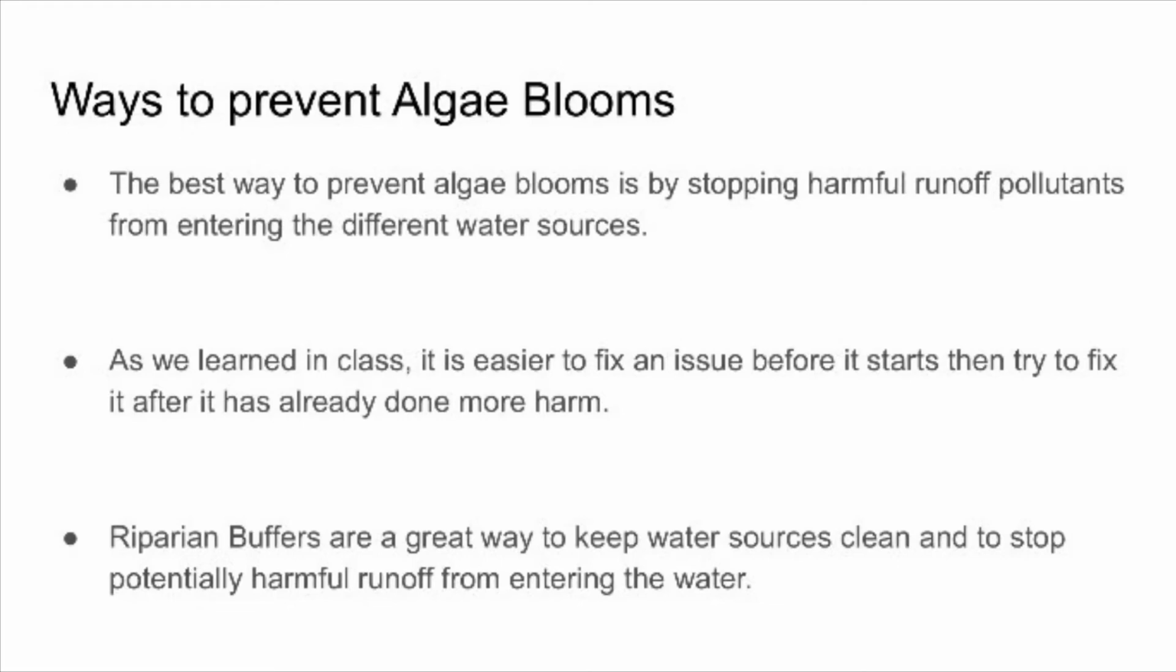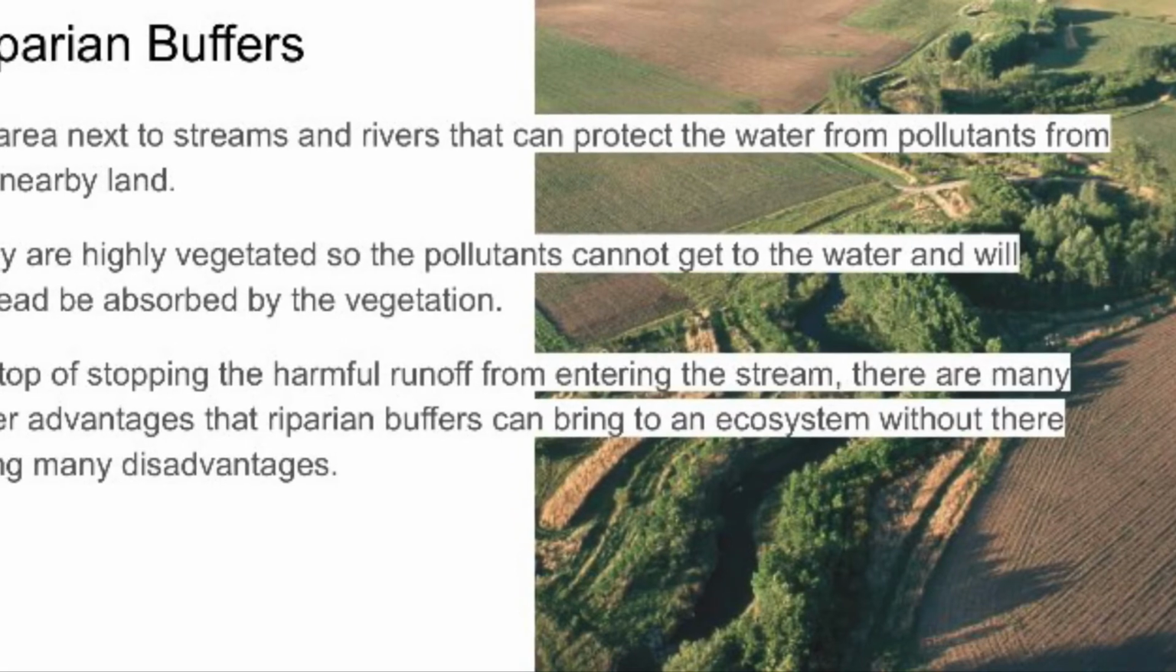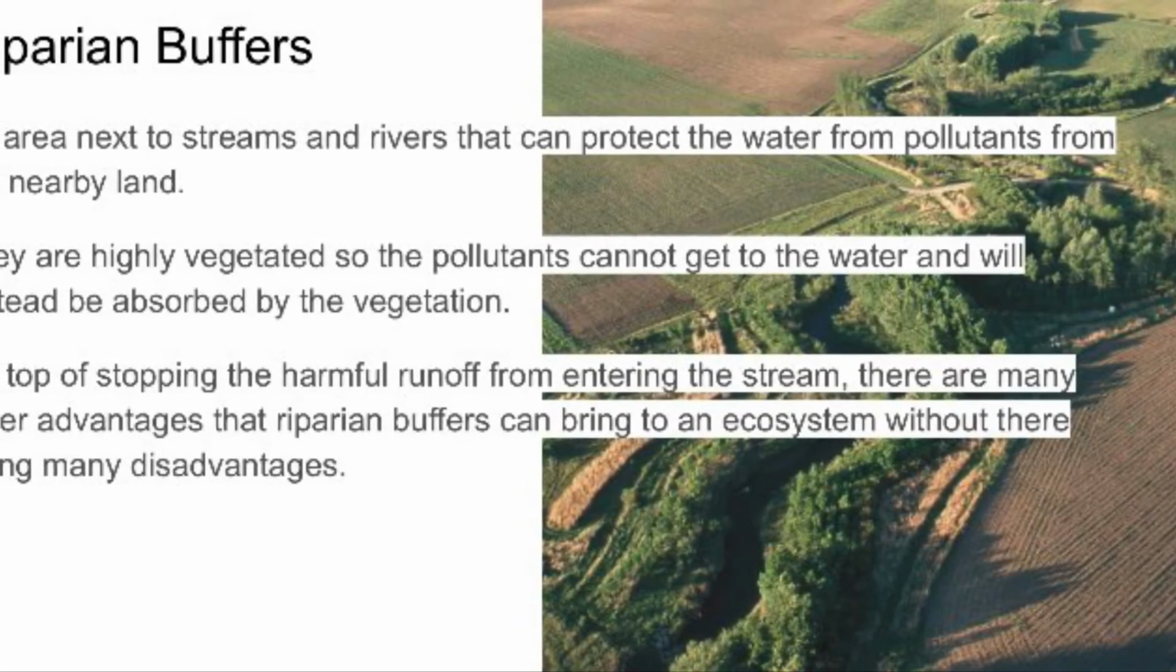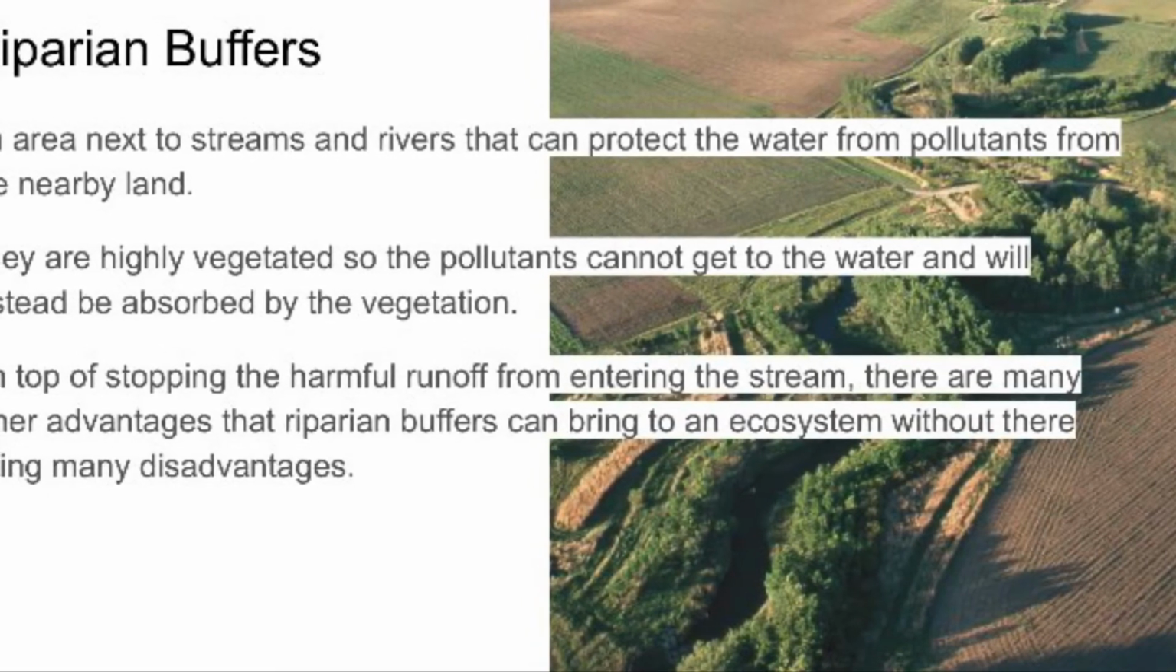Another example of this is kind of like the coronavirus, how it would have been easier to stop it early on than it is to stop and control it now, once it has become widespread and a big issue. Riparian buffers are a great way to keep water sources clean and to stop potentially harmful runoff from entering the different water sources. Riparian buffers are an area next to streams and rivers or